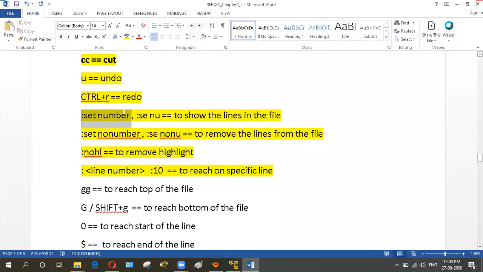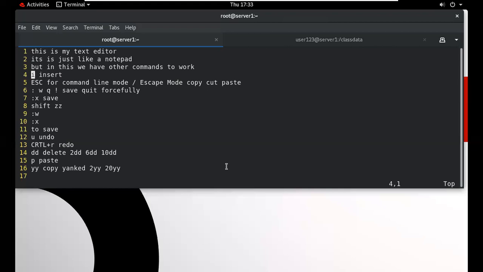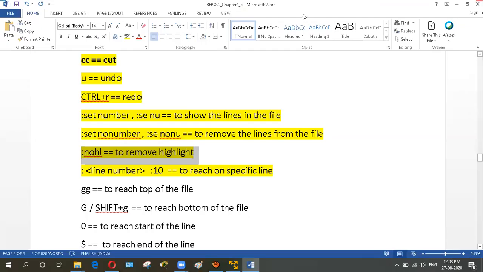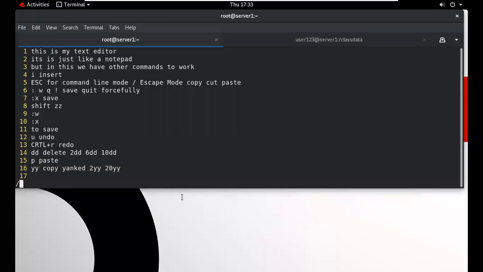Suppose this is my last option, after set number, and this is no HL. What is the use of no HL? Suppose we want to search any text in the file. What will I do? My recording has also started.